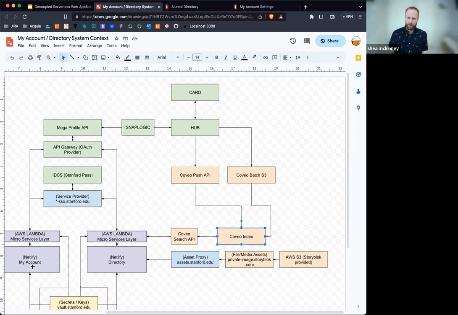But that information that was in my account that was changed needs to get into that index. How that works is that when we submit the form, we submit the data back to the API. The API does a validation step, making sure that it's all good. It's powered through SnapLogic, and we call this Hub, that's the internal name, and Card. Hub is the Oracle database, and Card is Salesforce. Renee's here, she can probably correct me if I get anything wrong on this one, because this is where I get a little fuzzy, and